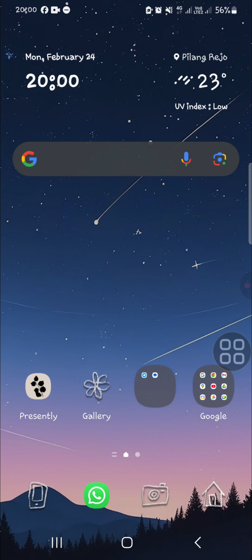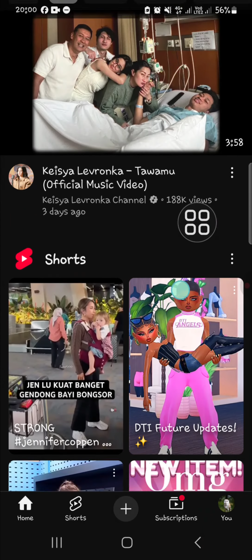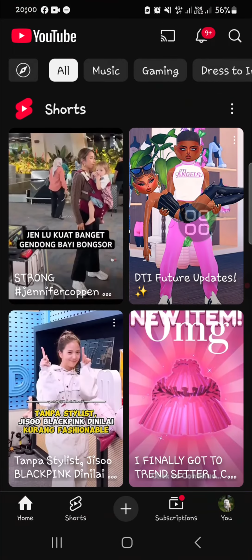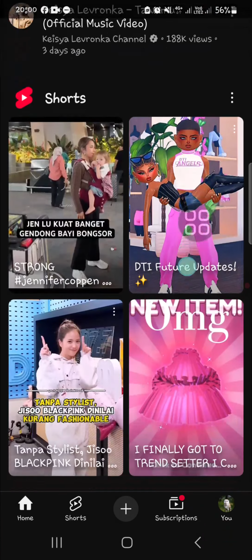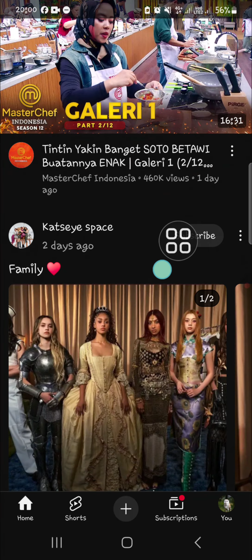Here I have opened my Samsung Galaxy phone, and first of all, of course, we need to open up our YouTube application. Let's say I'm going to watch a YouTube video and I'm going to watch it on my home screen with a minimized screen. Okay, we can open up our YouTube like this, and then we can click on this